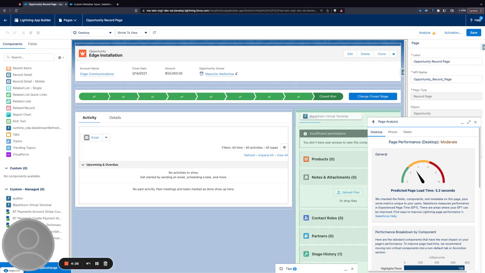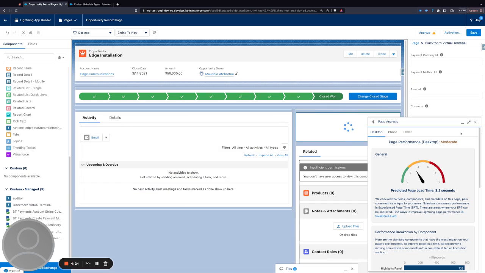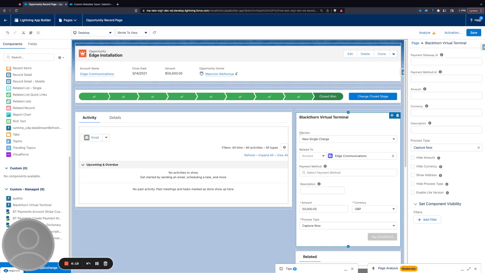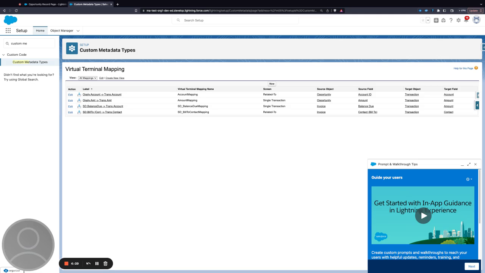So I'm able to drag that onto the screen. And what is happening, the terminal itself is at that point reading to see if you've got any existing metadata configuration. Now, because we're in an opportunity, if I look at the configuration by going to the custom metadata types, I see that there are two fields that are pre-configured to be